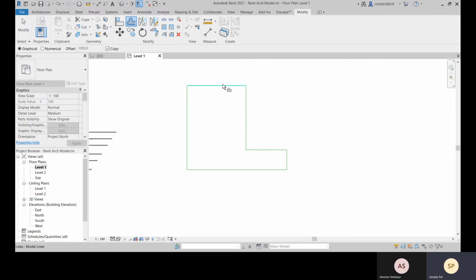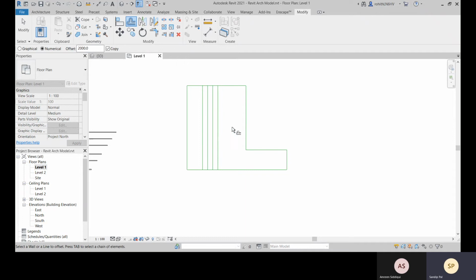For offset we can create only a single object at a time. So let me select this with the graphical. This way you create with graphical. And for numerical you can mention, like, 2000 beforehand, and then it will be 2000 all the time.